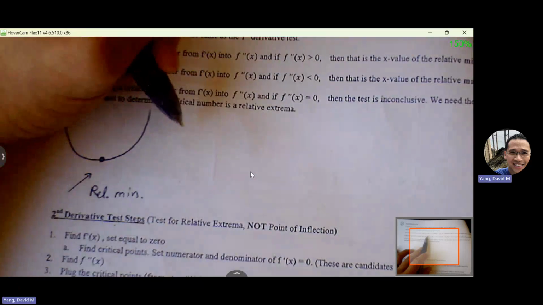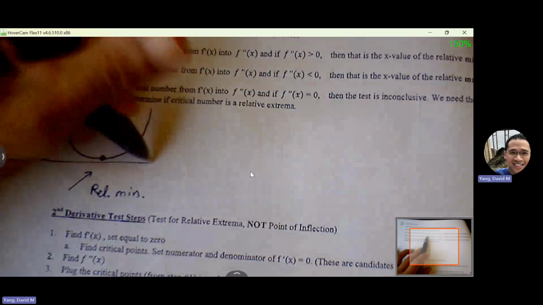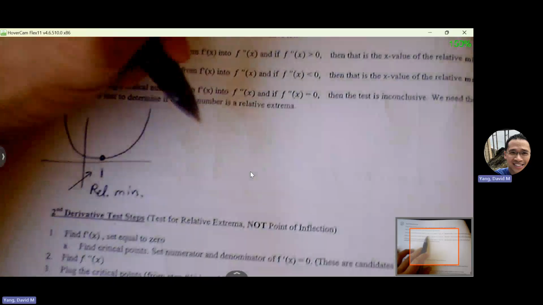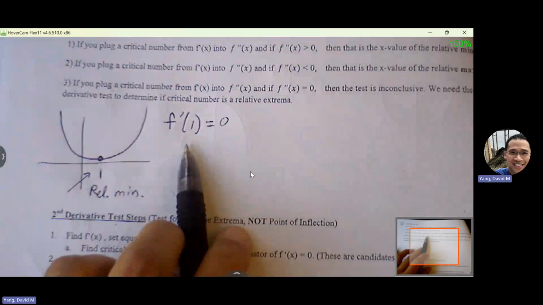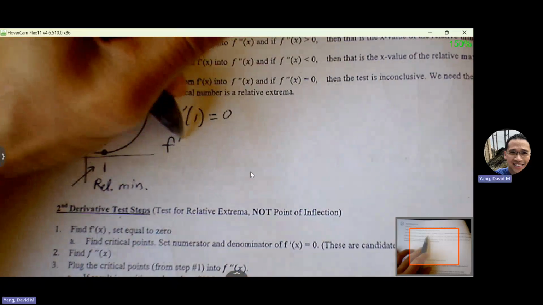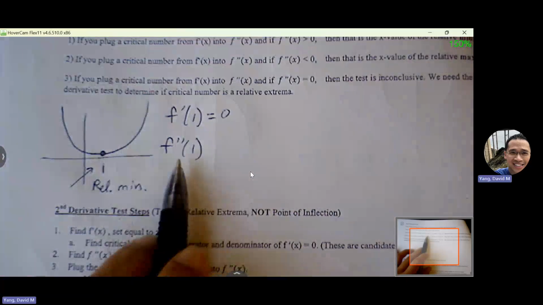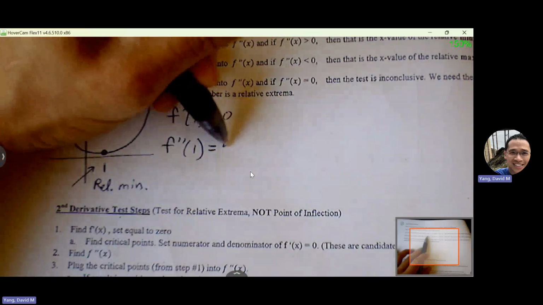So let's say this point ends up being at x equals 1. So that means when everything is said and done, f prime of 1 is going to be 0. But f double prime of 1 is going to have to be a positive value, like let's say 5,